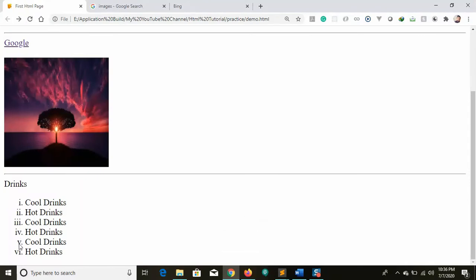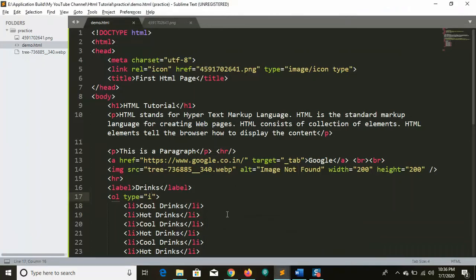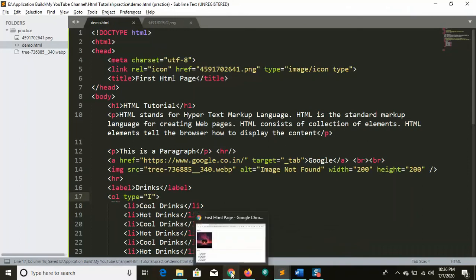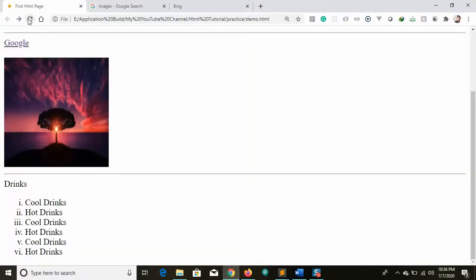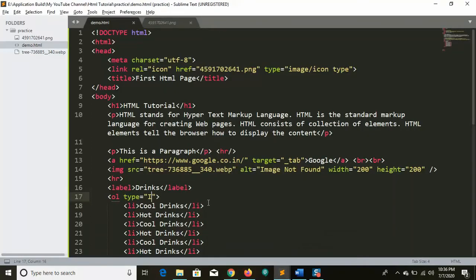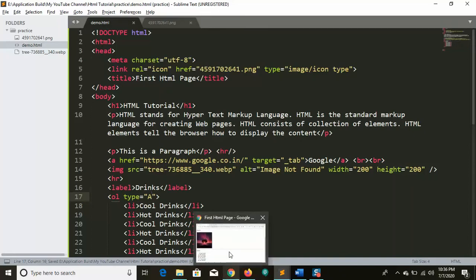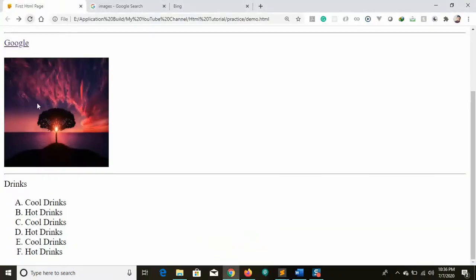For capitals, you can go with capital I. Save and run. We have this, right? If you need A B C D type, let me give the capital A and save, go and run. So we have A B C D like that.